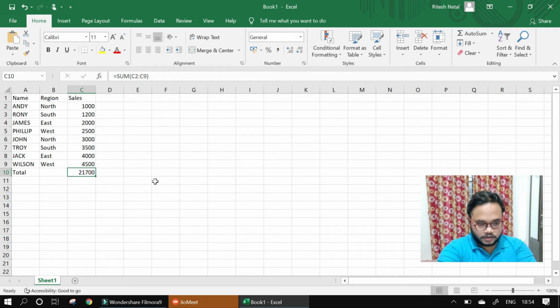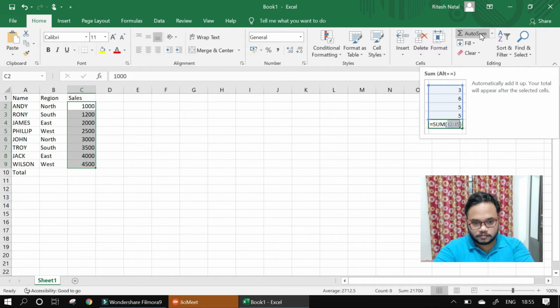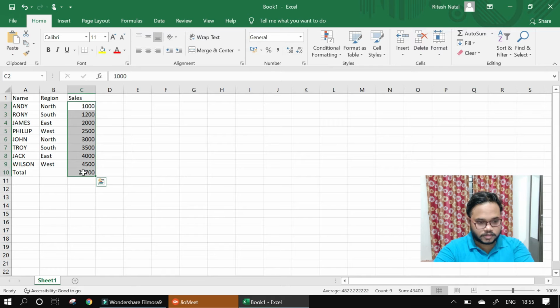This is one of the methods of doing sum. Let's check another method of doing sum. Just select the cell references from C2 to C9 and go here to the auto sum. See, this is one of the most used shortcuts in Excel. Another kind of shortcut is